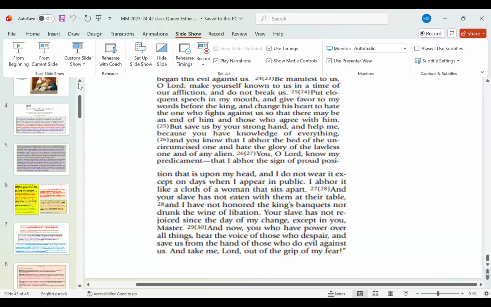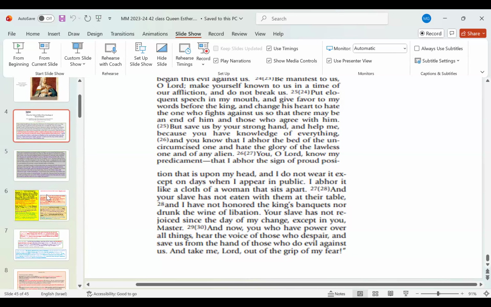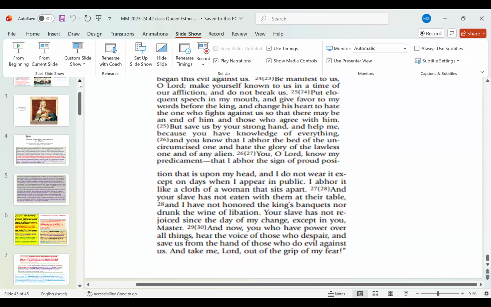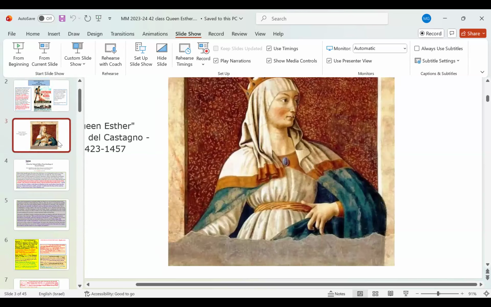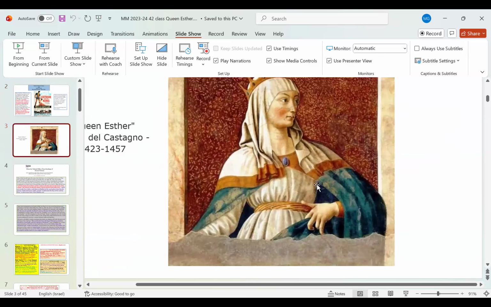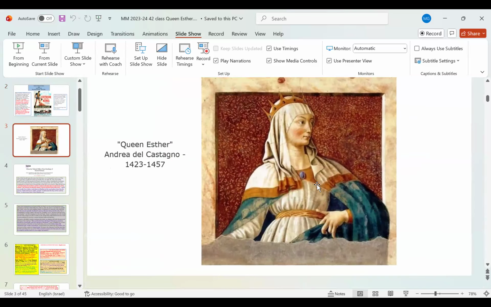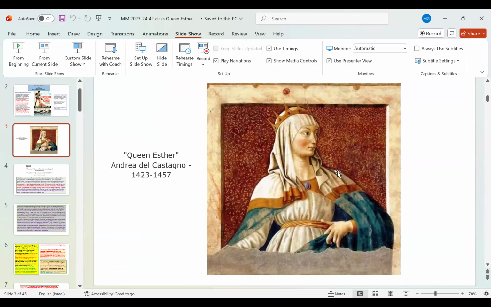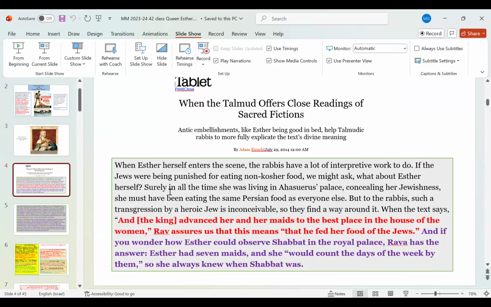So for some reason, the Septuagint felt it was necessary to put God's voice in there. That's really very interesting. So you have different depictions of her, in contrast to the one in the movie here, where she looks pretty, whatever. Here you have Queen Esther looking very, very pious. You see her crown. This is probably the Queen Esther of the Septuagint. Okay, so what's really interesting here,